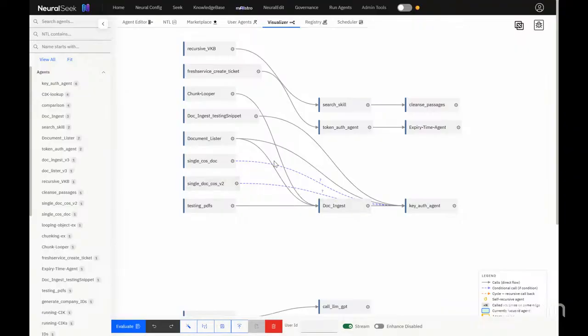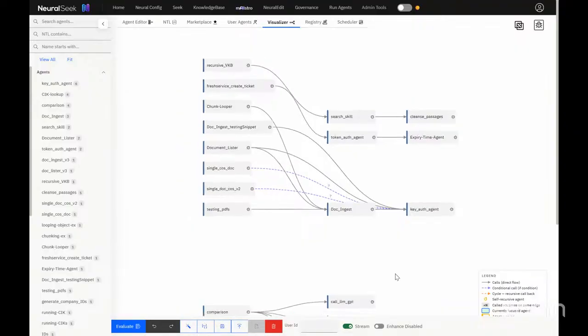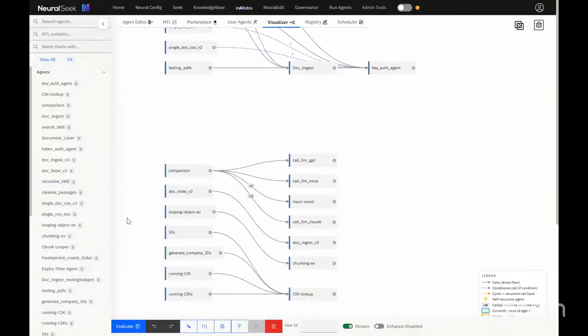As we can tell by the dotted line, this is a conditional. So if we need to hit our authentication agent or not based off of a specific call in that parent agent. We also see direct lines to calls of that flow. So our testing and our document ingest testing for certain snippets, we always need to call the child agent of the key authentication. A newer update for this agent visualizer is now you can visualize agents in the pipeline that